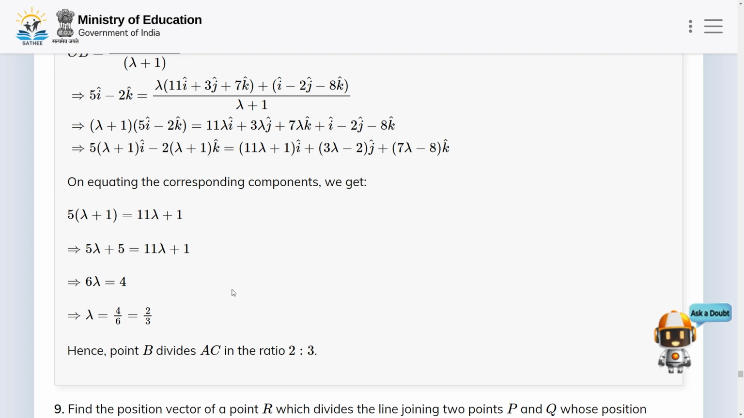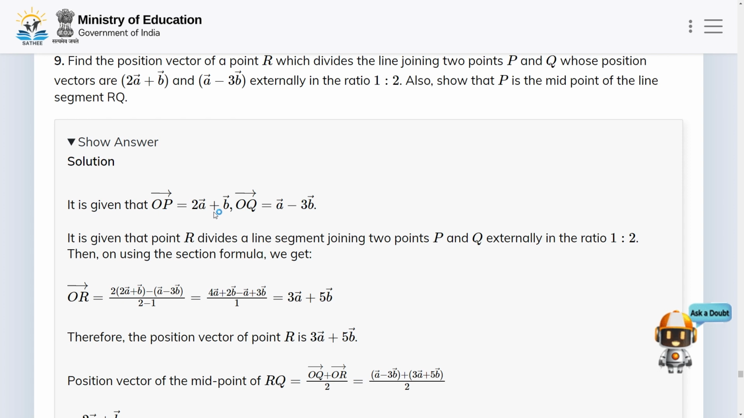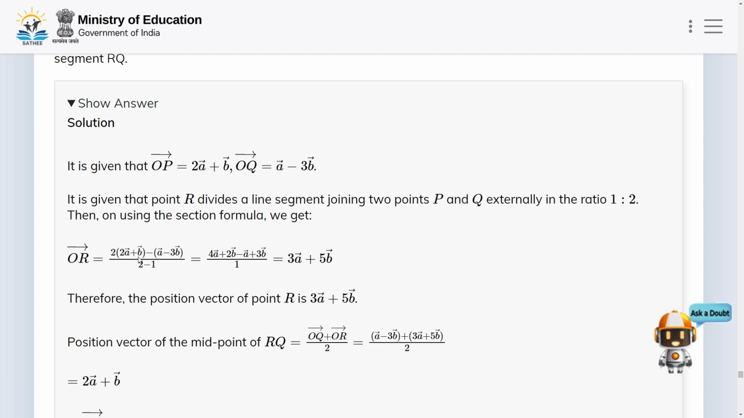Now ninth problem. Find the position vector of R which divides the line joining two points P and Q, whose position vectors are 2a plus b and a minus 3b, externally in the ratio 1:2. Also show that P is the midpoint of the line segment RQ. Okay. Now solution. As OP is this and OQ is this, it is given that R divides the line segment joining the two points P and Q externally in the ratio 1:2. This means OR, applying the formula,